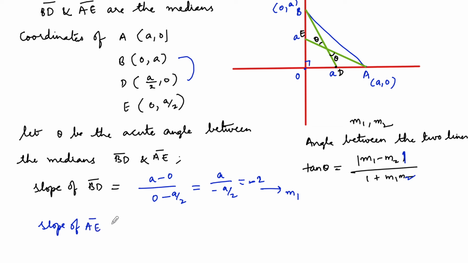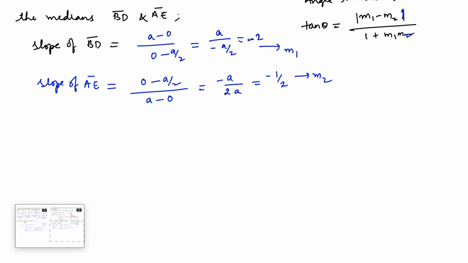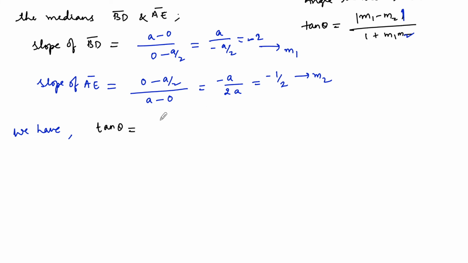And slope of AE. Slope of AE is equal to 0 minus a by 2 divided by a minus 0. So we have minus a by 2 upon a. So this is minus 1 by 2. Say this is m2. So then we have tan theta is equal to m1 minus m2 upon 1 plus m1 m2,